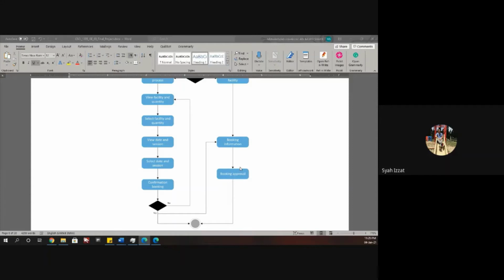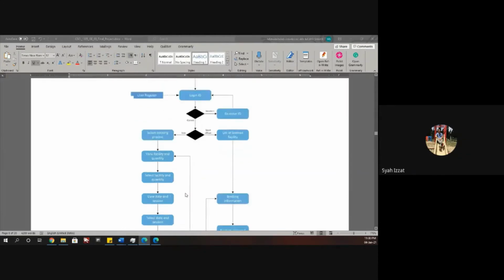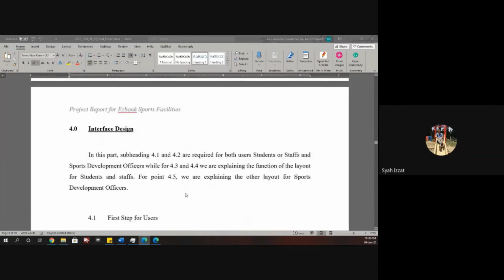So if the booking is approved, it will end. Whether it is approved or rejected, it will end the process in our system. So that is it for our activity diagram, and we'll move on to